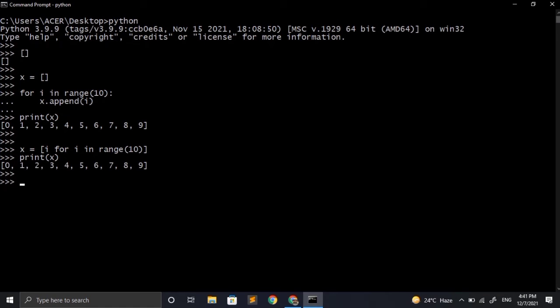Now let's suppose that I want to multiply the value of my elements by 10. So again I have to do the same thing, but in the expression part we just have to multiply i by 10. Here the value of each item will be multiplied by 10 automatically. Again we have to write the for loop that we used in the previous case. Now if I print the list x, we will see that each and every item of this list has been multiplied by 10. So now we know how to apply basic list comprehension in Python,